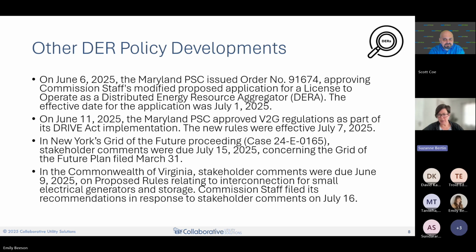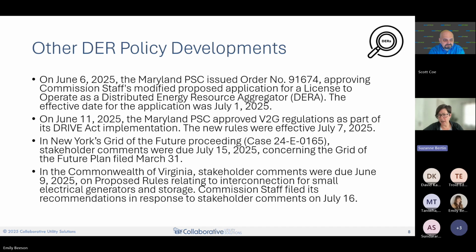Maryland, of course, continues to be very active. They issued an order approving the commission staff's proposed license to operate, and those rules and that application are now in effect. In addition, in June, the Maryland PSC approved the B2G regulations as part of its DRIVE Act implementation. The new rules were effective in July.